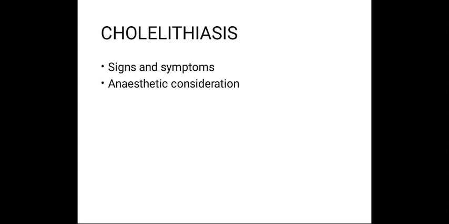Now we will see anesthesia considerations. The anesthetic considerations for laparoscopic cholecystectomy are similar to those for other kinds of laparoscopic surgery. The use of opioids during surgery is controversial because opioids cause spasm of the sphincter of Oddi. The incidence of opioid-induced sphincter spasm is quite low, less than 3%, and it is possible to antagonize this spasm by the addition of, number 1, glucagon, second, naloxone, third, nitroglycerin. This is about cholelithiasis.